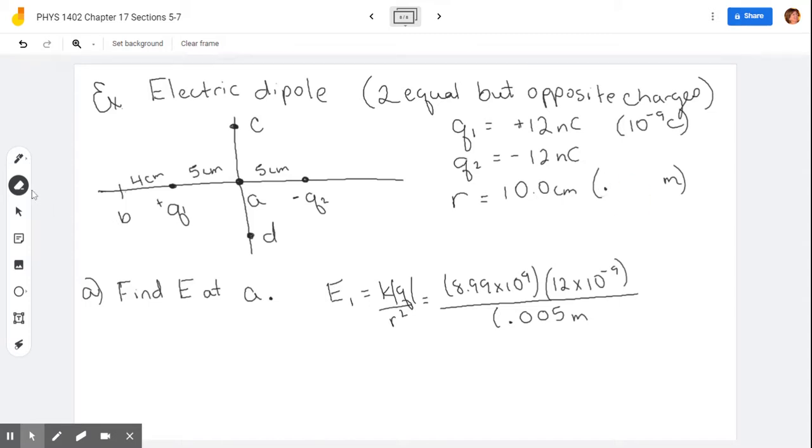10 centimeters, 0.10 meters. And therefore, half of that, here we go, 0.05 meters squared. So, sorry, I kind of changed the problem a little bit. So there's our problem. We've got things labeled right, 5 centimeters, 0.05. And if we put that in, we see that that is going to come out to be